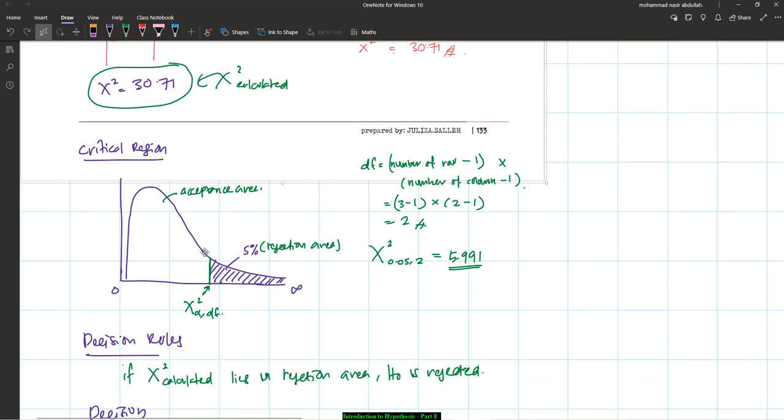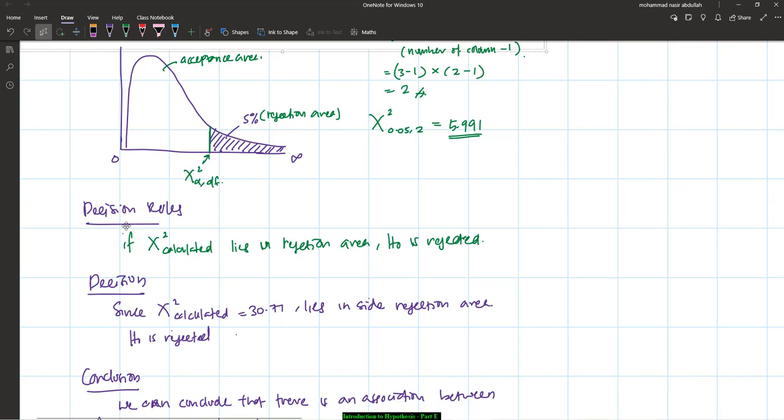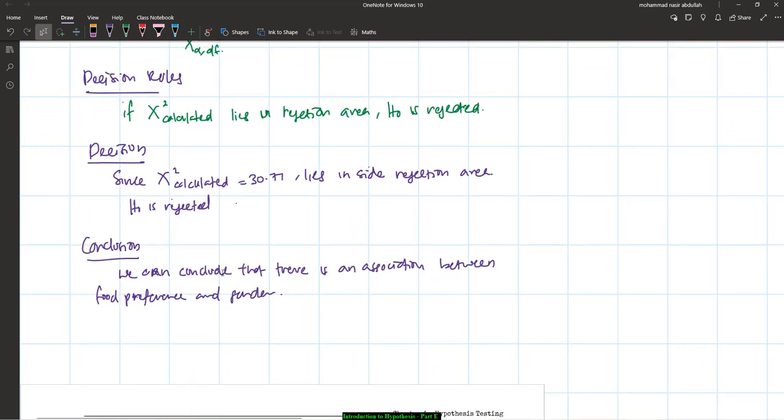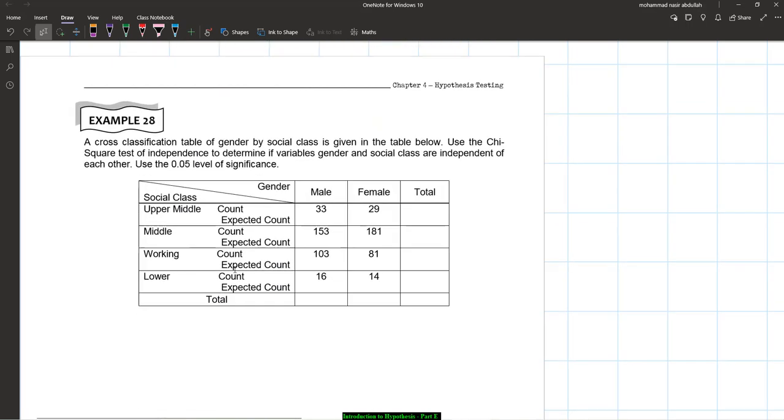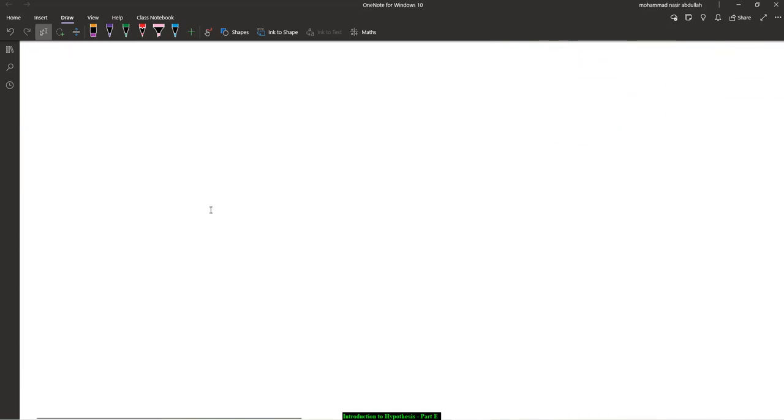In the critical region, you need to take note that the distribution is skewed to the right, starting from 0 to infinity. Find the critical value, and then you can make a decision and conclusion as usual, right? So example number 28, I leave it for you to do by yourself, right? So now